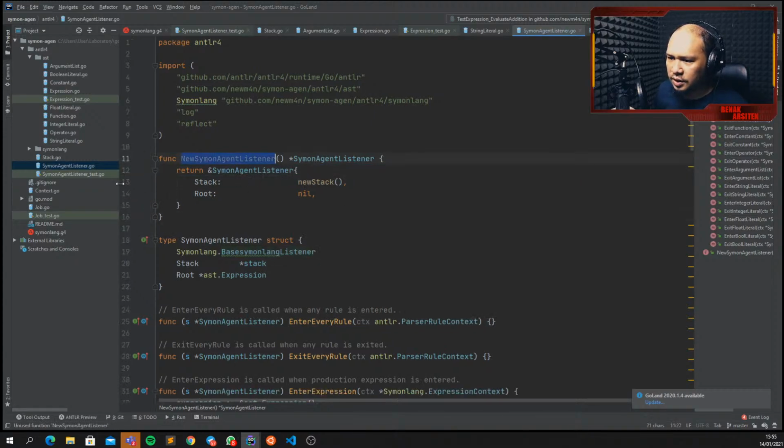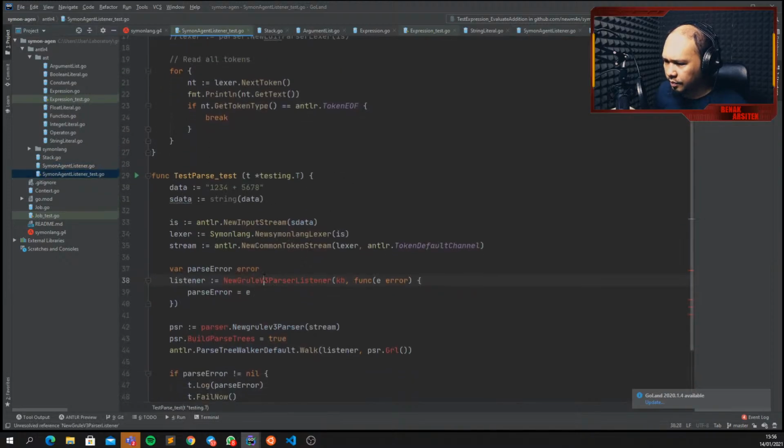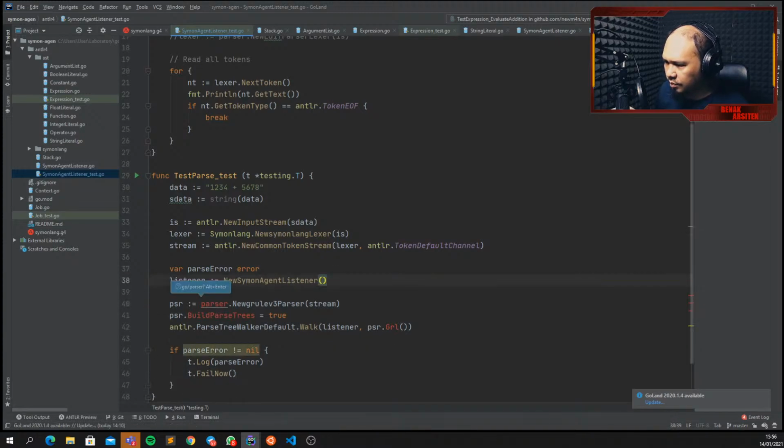So new Simon agent listener without any parameters. We get our listener